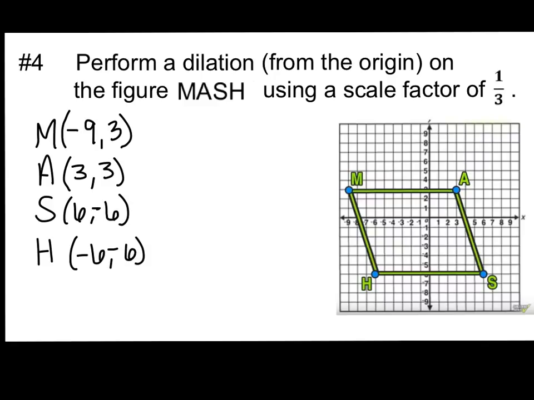Okay, now we're going to multiply each number by 1/3. So when you multiply by 1/3, what that really means is that you're dividing by 3. You're dividing your number by 3. So what we end up with is,